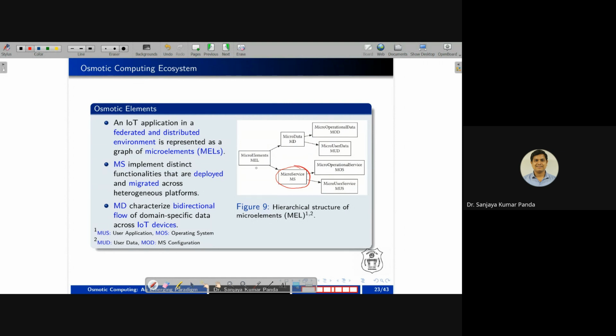If you go for an IoT application, generally IoT applications are executed in a distributed environment or federated environment. So we represent that application in the form of a micro element. Micro element can be divided into micro data and micro services. Microservices can be deployed and migrated from one platform to another platform, or microservices are suitable for a heterogeneous platform. But when you go for